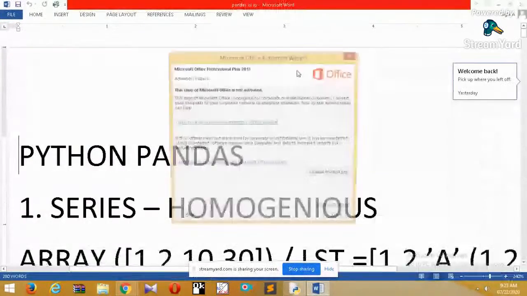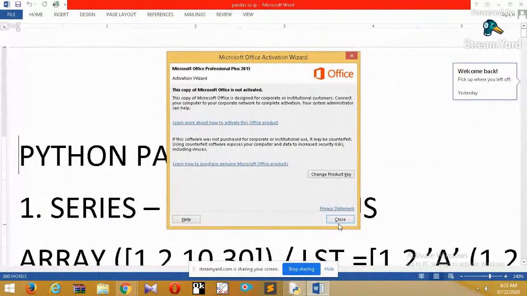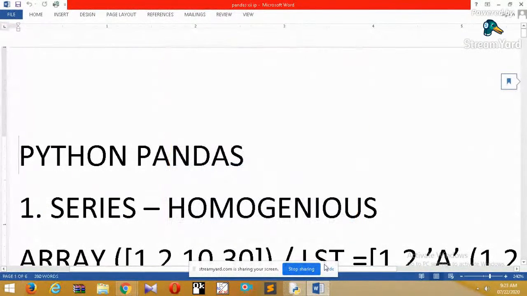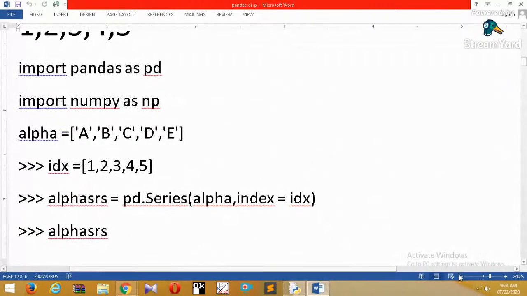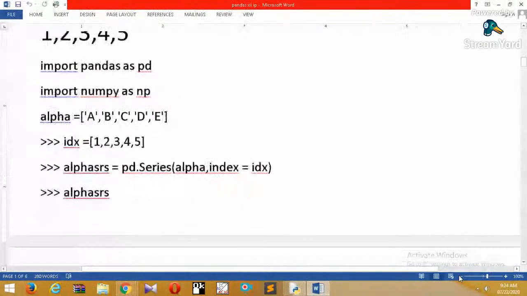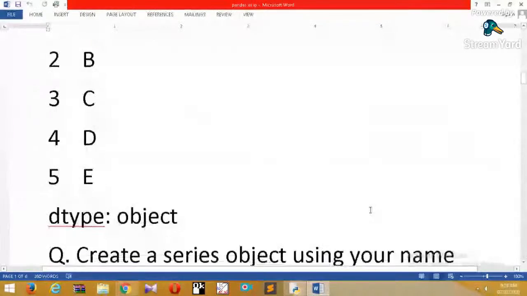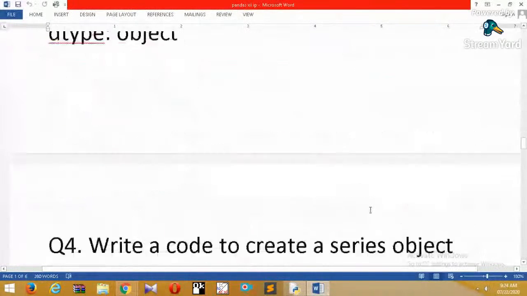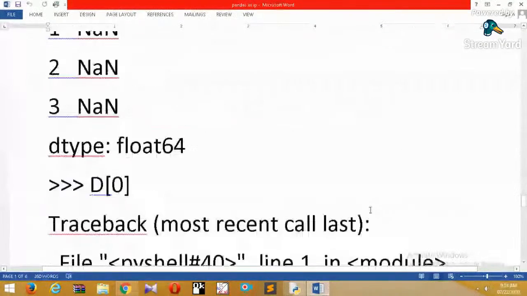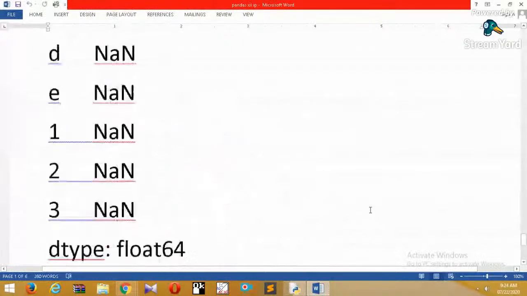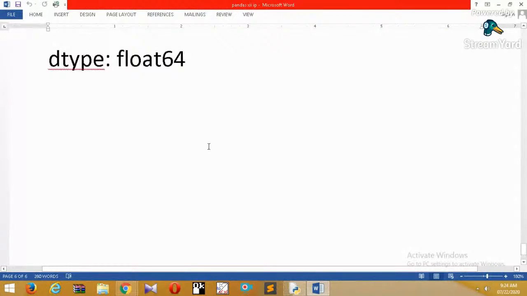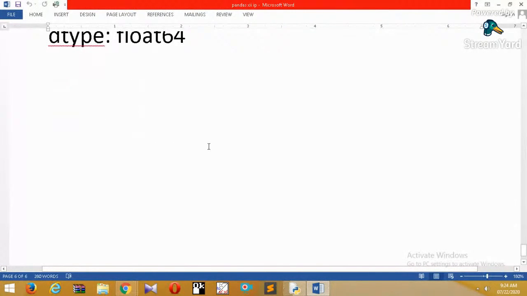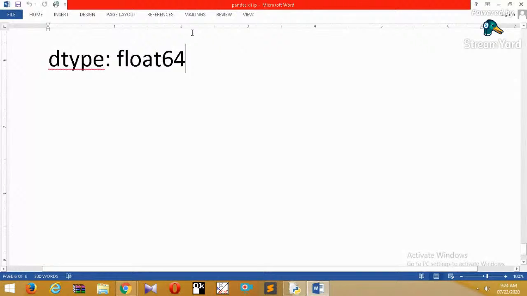First, we'll write a question: write a program which will store the number of students of a few sections, and then we have to convert it into a series. So the question is, write a program